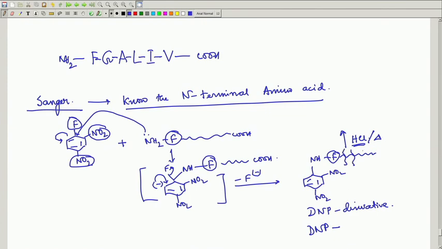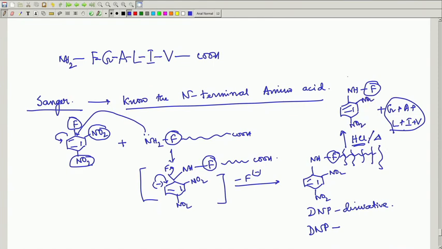All the peptide bonds that are present here will be broken, and ultimately you will end up with NH attached to phenylalanine plus all other amino acids which are there, G plus A plus L plus I plus V. So, this is what you are getting. All these are free amino acids, only one amino acid is attached to the dinitrophenyl group. So, now this will be called DNP